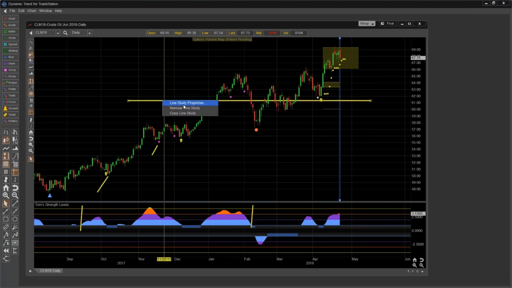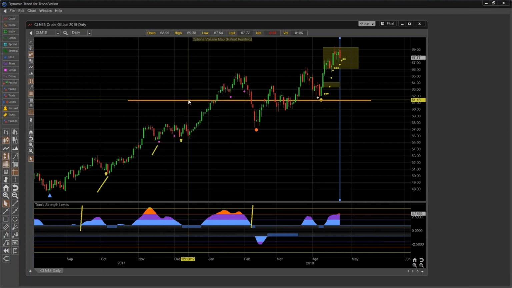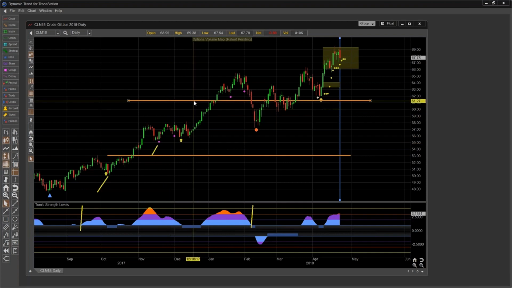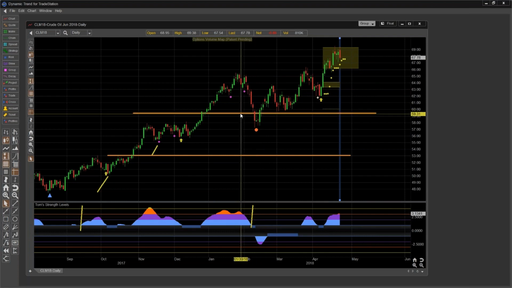You can right-click on it and change that to be orange. You can remove it, copy it, put it somewhere else. Once you click it, you can drag it and put it somewhere else. You can also right-click and make that